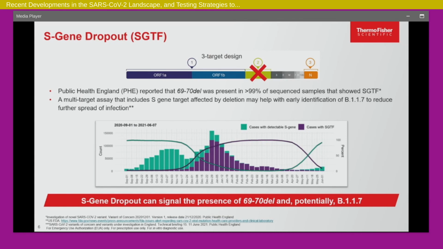In the meantime, there were reports coming out of India that this was actually a different variant, which was the Delta variant. So this is essentially the early rise of the Delta variant in the UK, where you can start seeing that the assay is back to a 3-gene assay. So in short, what I'm trying to say is that the S gene dropout in the TaqPath assay is an indicator for the presence of potentially the B.1.1.7 variant, because it correlates with the deletion of the 69-70 nucleic acids.